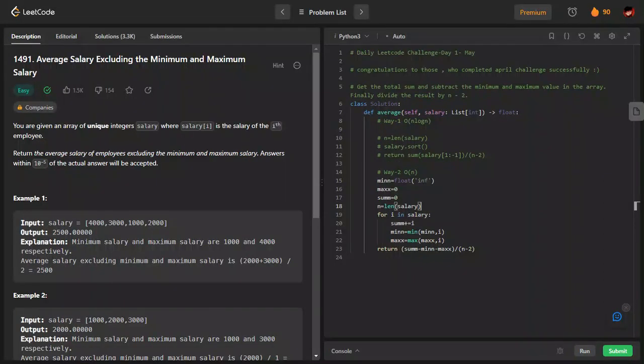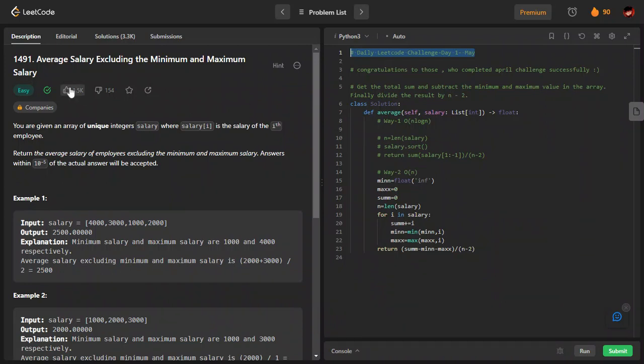Today, we are at day one of the May Daily Leetcode Challenge. And before I begin, I would like to congratulate everyone who completed their April Daily Leetcode Challenge, and even those people who tried their best but were not able to complete it. So, you have another chance now. This is the first day of the month of May. Try to give your best to every challenge here, and I hope you will be able to get this badge. So, with this, let us go to the problem.